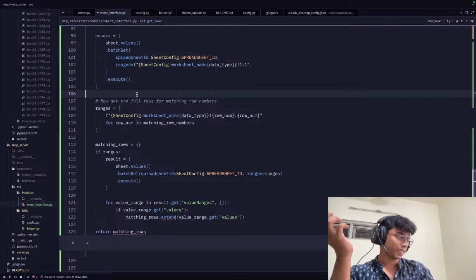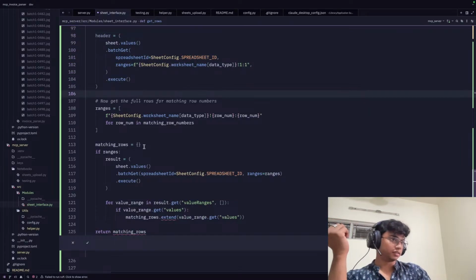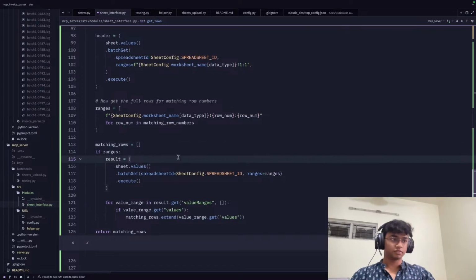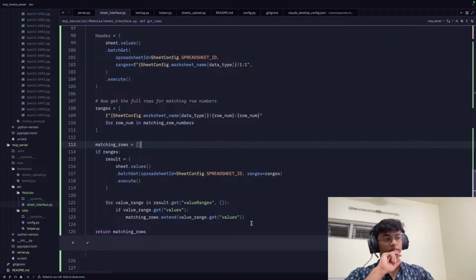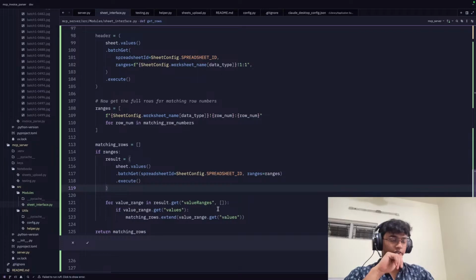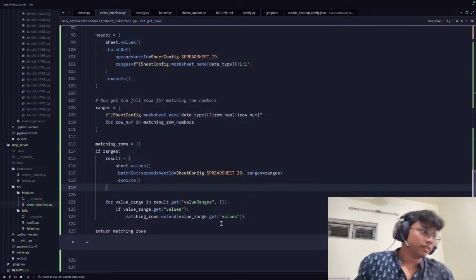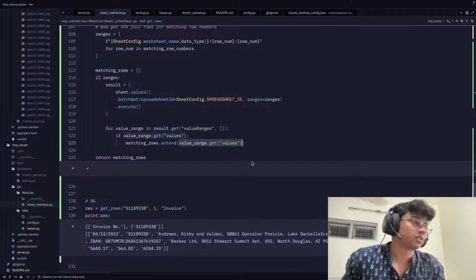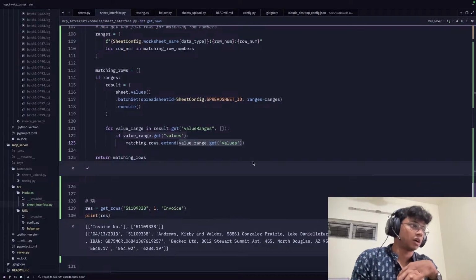Okay, what do we want to do? Let's just keep it a list inside of a JSON for now. A list inside of a JSON is fine, right? A list works inside of a JSON. Inside of this list, we have ranges like this, result is this, and for value range in result.get value ranges, matching rows dot extend value range dot get values, and this is a list, we know of it. So to get this list out of there,